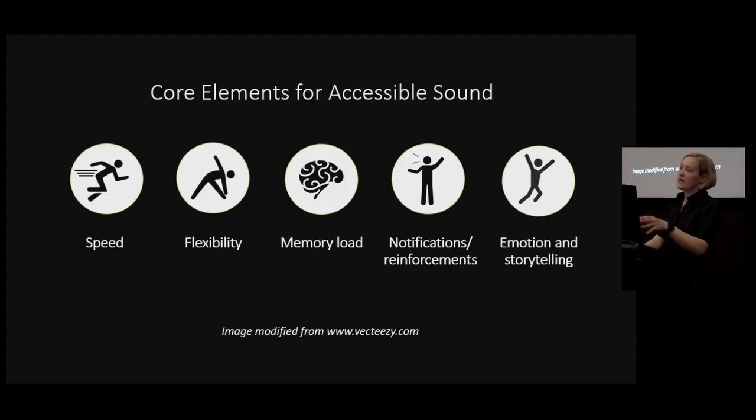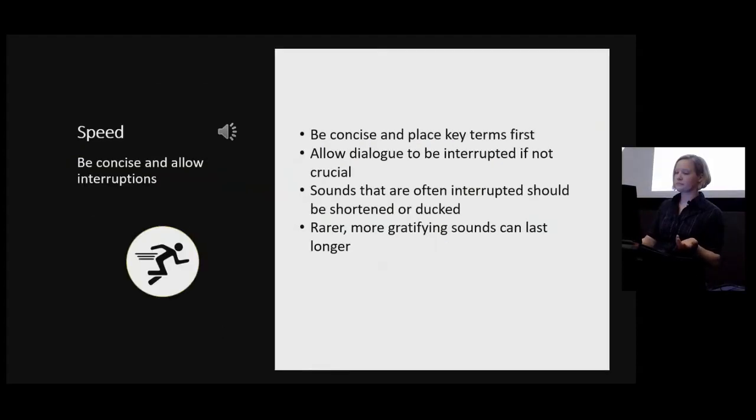So you have speed, you have flexibility, you have memory load, you have notifications and reinforcements, and then you have the emotion and storytelling. So when it comes to the speed, you want to be concise and place key terms first. So when it came to the text on that video, I tried to keep things short, and I think I could have actually shortened it even more. But it's also keeping crucial information first when it comes to what's being read by the screen reader, because